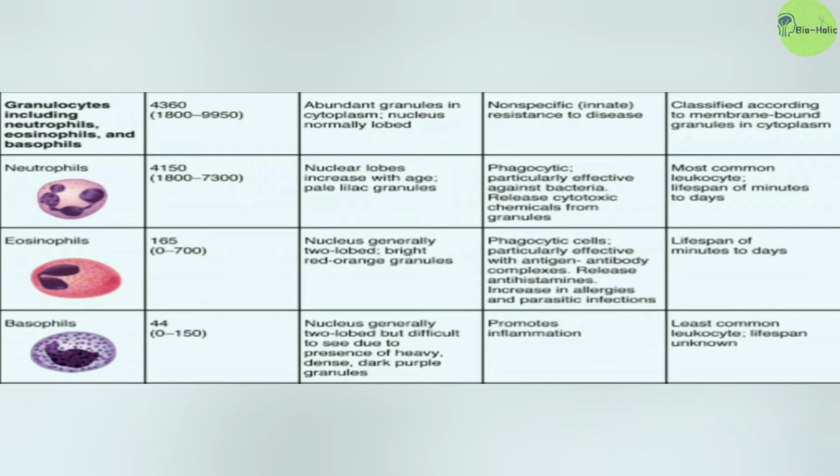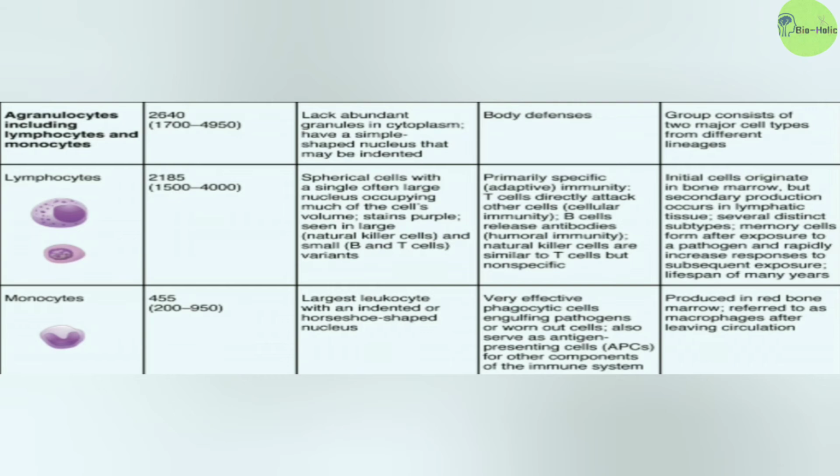As said on the previous slide, the WBC has various functions. The neutrophils mainly have the phagocytic function. The eosinophils secrete antihistamines and respond to allergic reactions. The basophils promote inflammation and secrete heparin. The agranulocytes, those are lymphocytes, mainly produce the antibodies, and the monocytes help in phagocytic function.